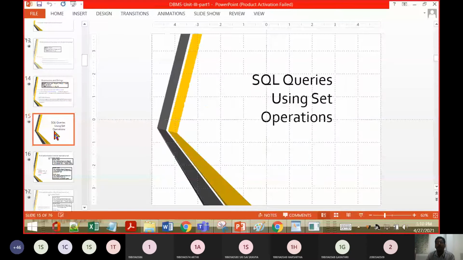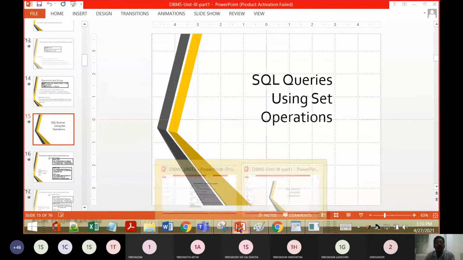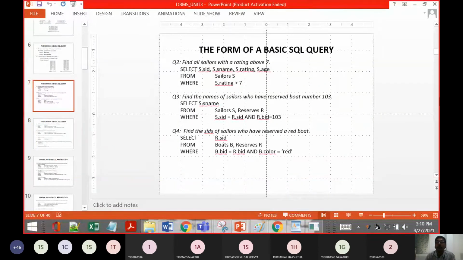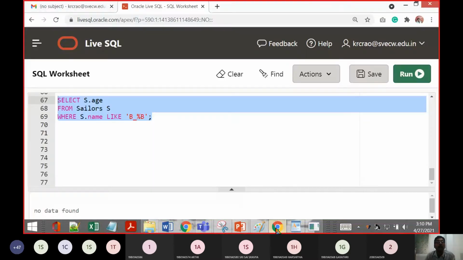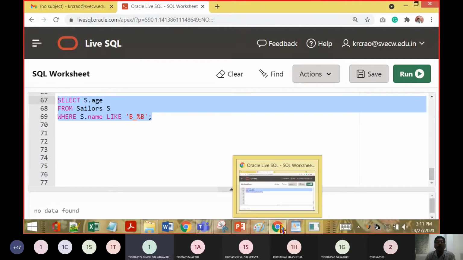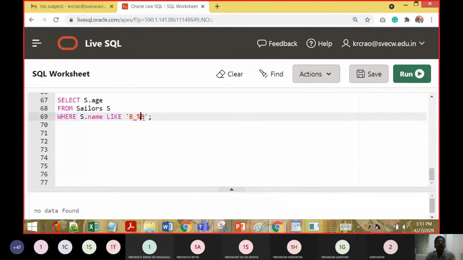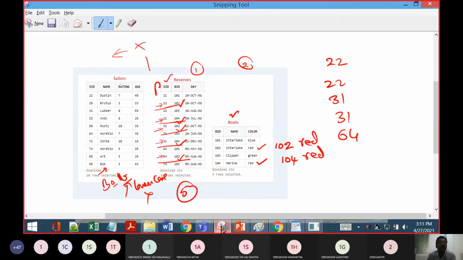Next one was to work out with some set operations. Before we look into set operations, let us dig deep into a few more queries for clarity. Yes, please. What is meant by more arbitrary characters? It can be the letters between A to Z, all the characters of uppercase letters, but it was not mentioning lowercase. In this table, you can see this Bob was given in lowercase here.